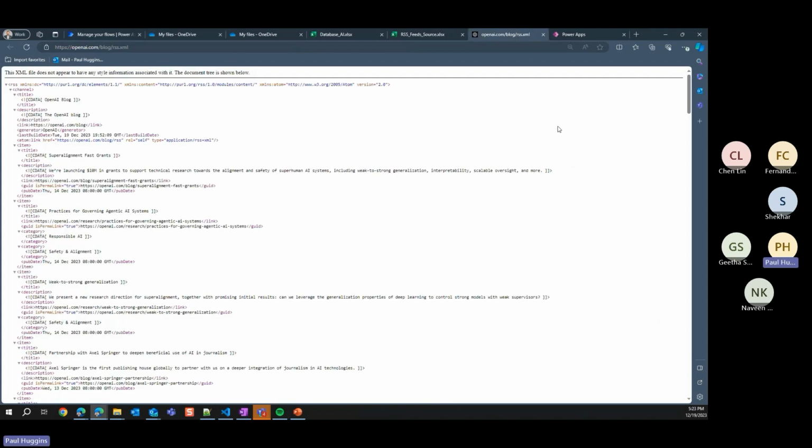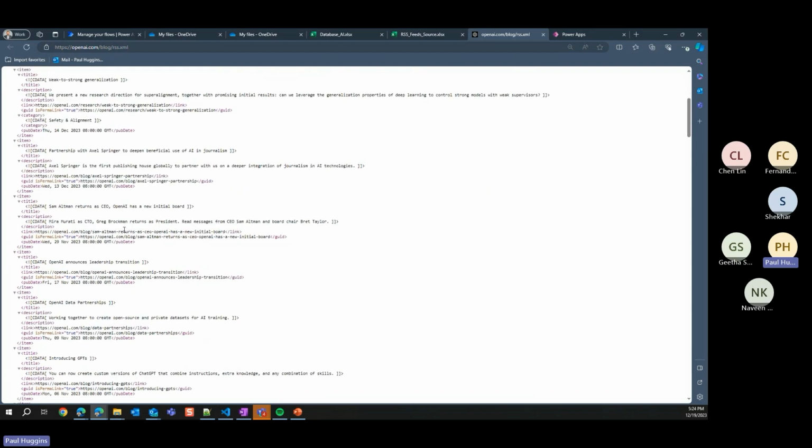So really, it all starts with kind of the feeds that we're monitoring, things that we want to keep track of. This is an example of OpenAI's RSS feed. So when the news came out about Sam Altman being let go, I instantly had that in my inbox, minutes after it happened, if not sooner. Same with really anything else that we as practice leads, people that are interested in this, want to know about. So you can see this is all just a pure XML file inside of this. But essentially what we're going to do is we're going to read through all this and determine a few things